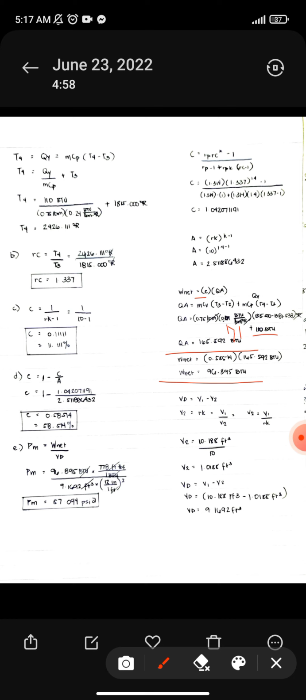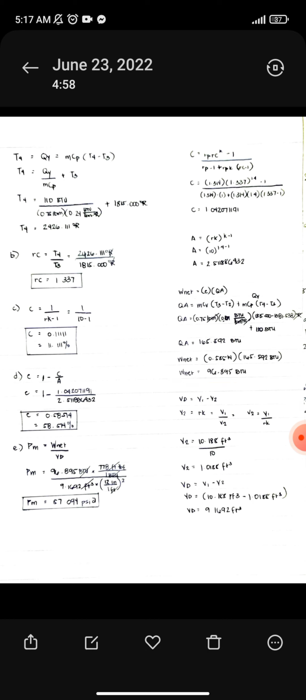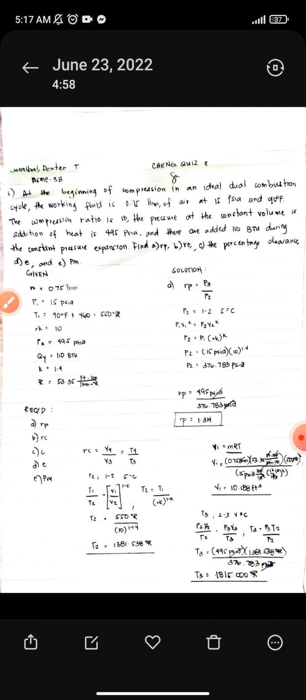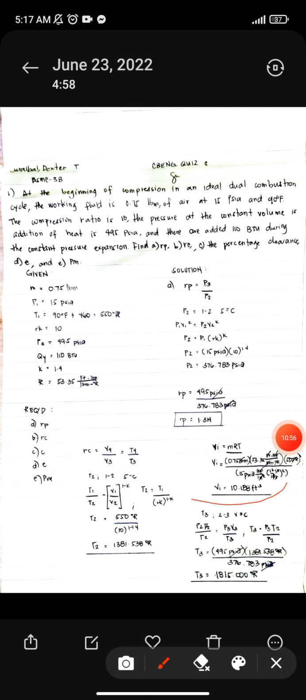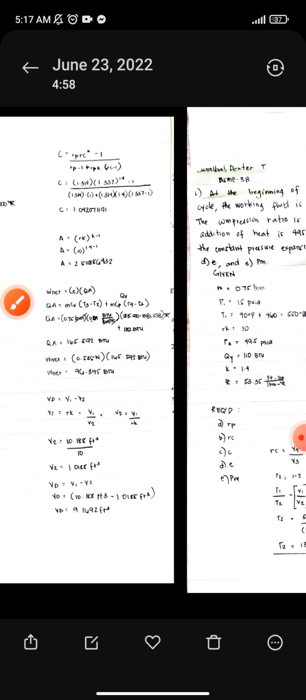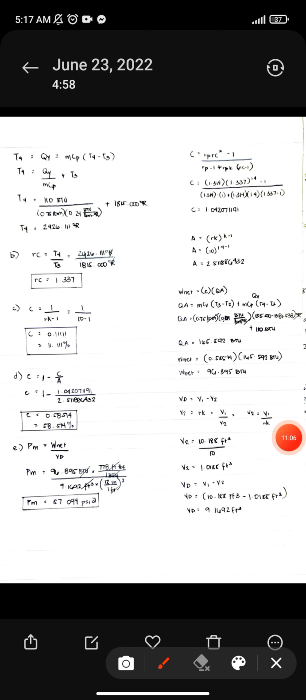So, for the VD naman, so in VD we have V1 minus V2. Meron na tayong V1. Ito yung ating V1. So solve naman natin is yung ating V2. So, V2 is equal sa RK and RK equals sa V1 over V2. So, derive tayo is V2 natin is equal sa V1 over RK. So, V2 equals sa 10.188 cubic feet over RK natin na 10. So, V2 is equals to 1.0188